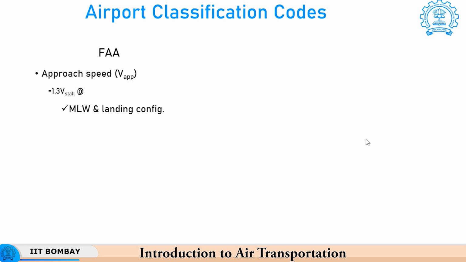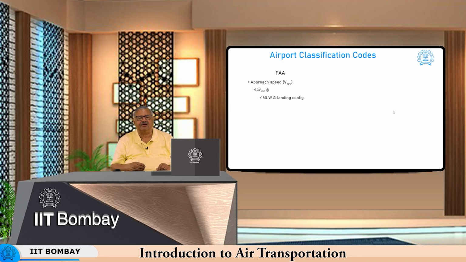Stall speed is the speed below which the aircraft will not be able to sustain the flight, because the lift will not be equal to weight, it will be less than weight in a sustained manner. 30% margin is given. So, we do not want the aircraft to land just at the stalling speed, it is quite dangerous because there is no margin. So, we expect the aircraft to land at a speed which is around 30% higher than the stalling or the minimum permitted speed at this configuration. And the other important criteria that FAA uses is the wingspan, or the lateral distance between the wing tips of an aircraft.